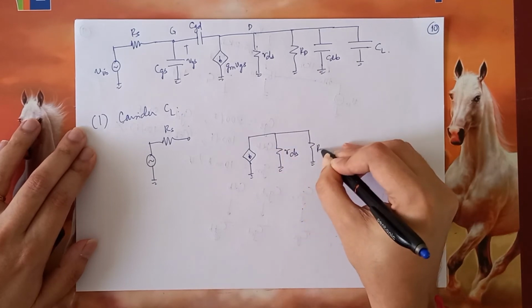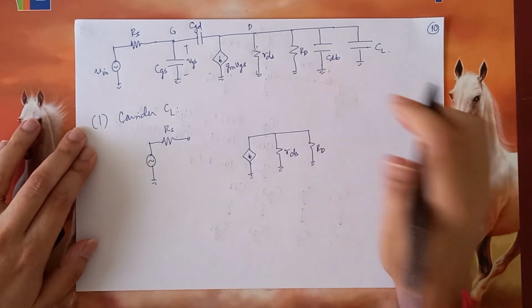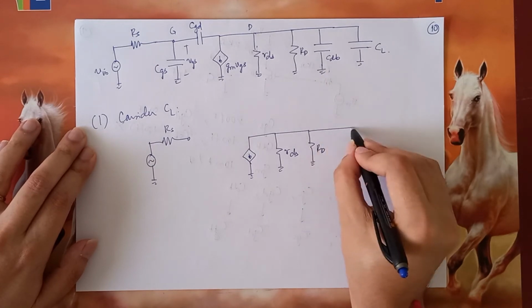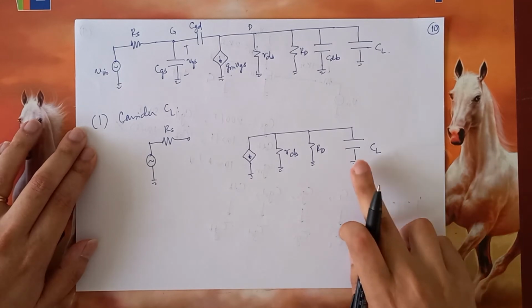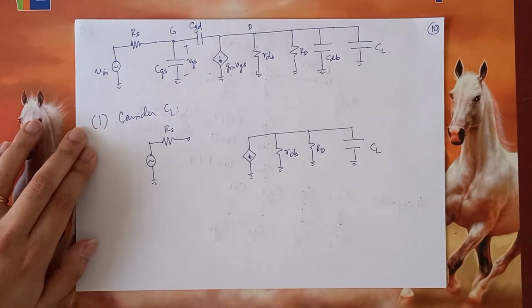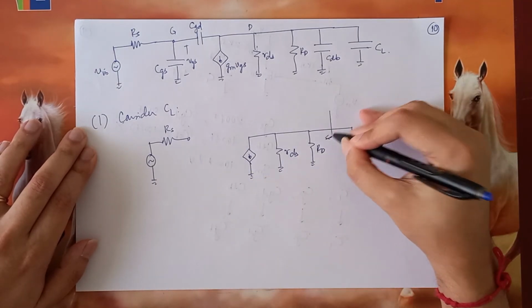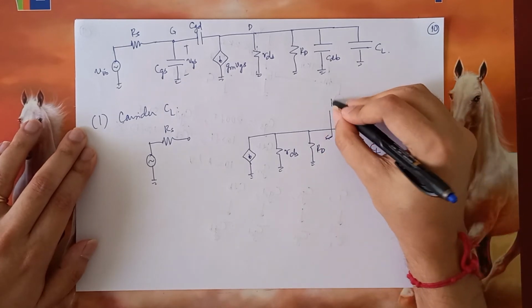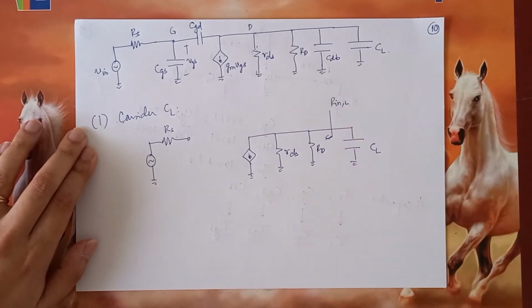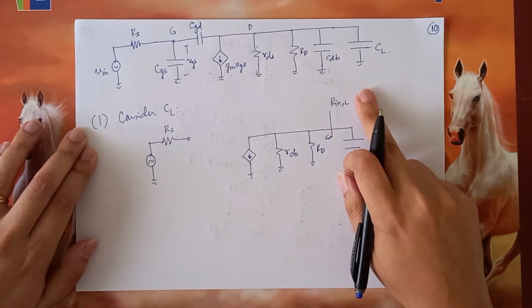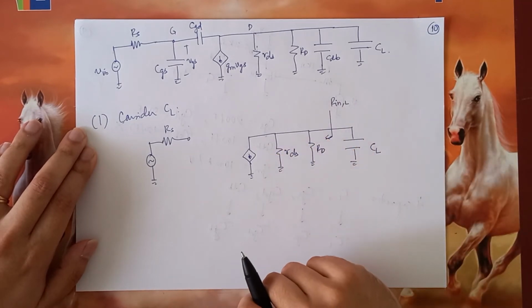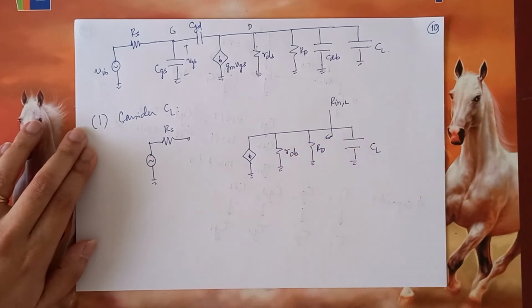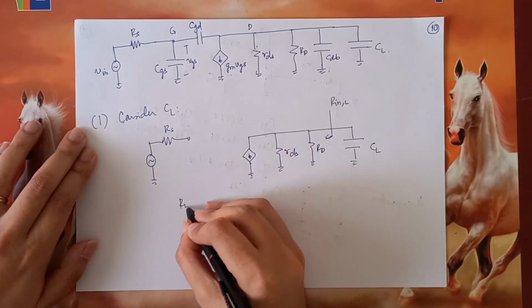Then we will have RD, and CDB will also be an open circuit. Here is CL. We have made all the remaining capacitors open circuit. So therefore, we have to see what is the Rin seen by CL. So the resistance that is seen is nothing but the parallel combination of these two resistances. So Rin of L